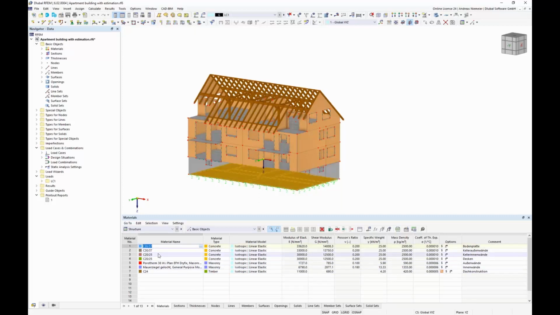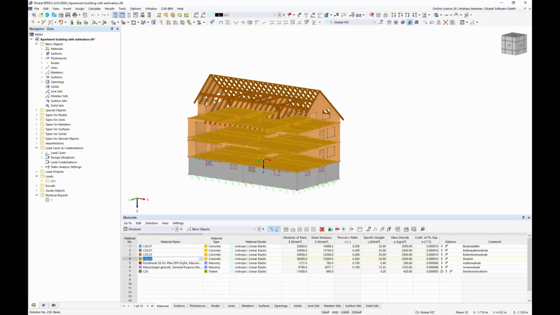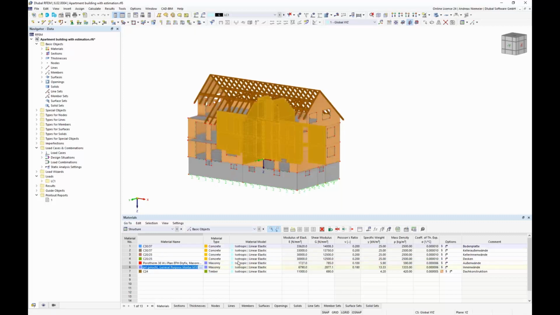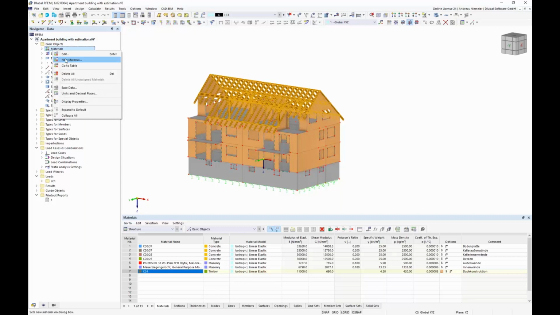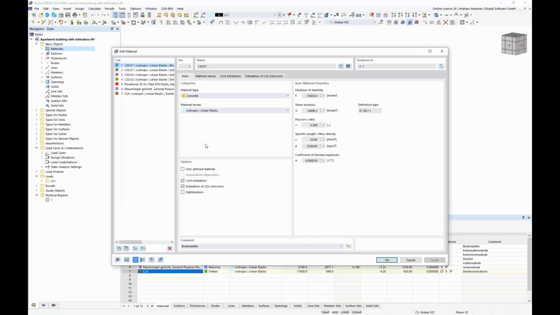Where you see he organized maybe the slab, maybe the outer basement walls, the inner basement walls, the outer slabs, the outer clay brick walls, the inner clay brick walls, and the roof construction. And if you need it now for an optimization task, or only for emissions or estimations, you can now use even this option from this add-on, because here, for example, if you only want to estimate costs, you can